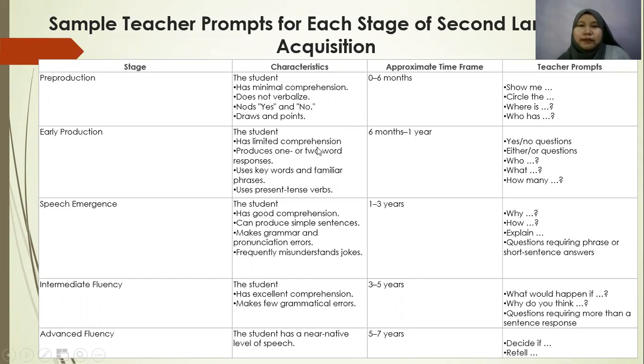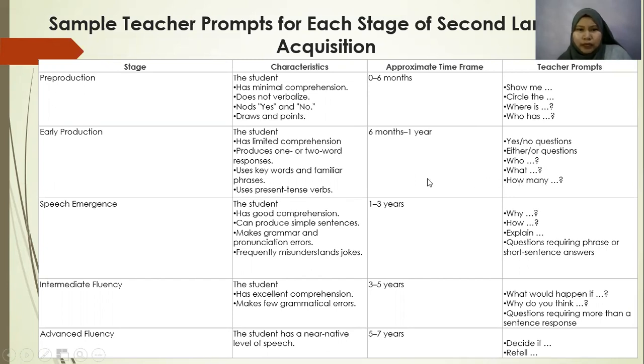The student has limited comprehension and produces 1 or 2 word responses. They use keywords and familiar phrases, and can use the present tense of a verb. At 6 months to 1 year of learning the language, the student can answer yes or no questions, either/or questions, who,